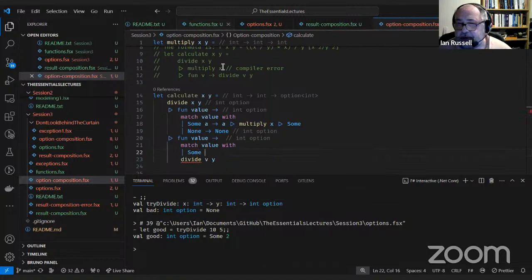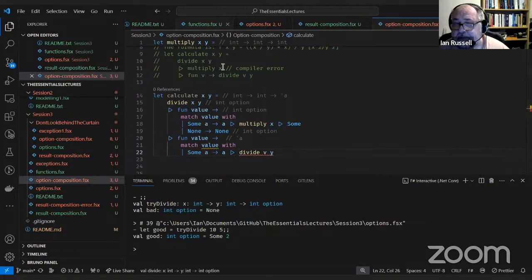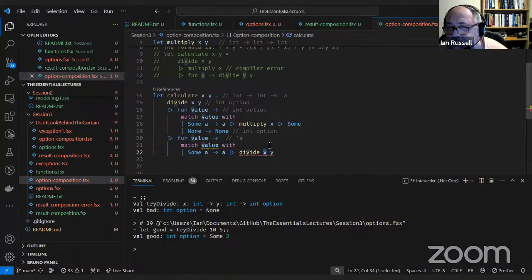So because we're passing the option down, so call that A. So we do A. Okay, I can't do that, so that needs to fit into. So I can't do. What I'm trying to do is to put the A here. So let's do.